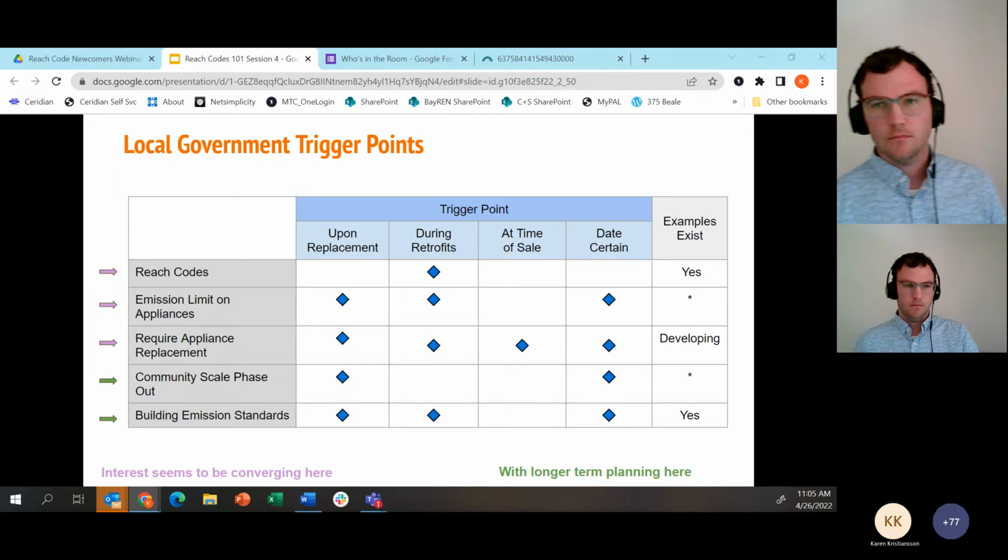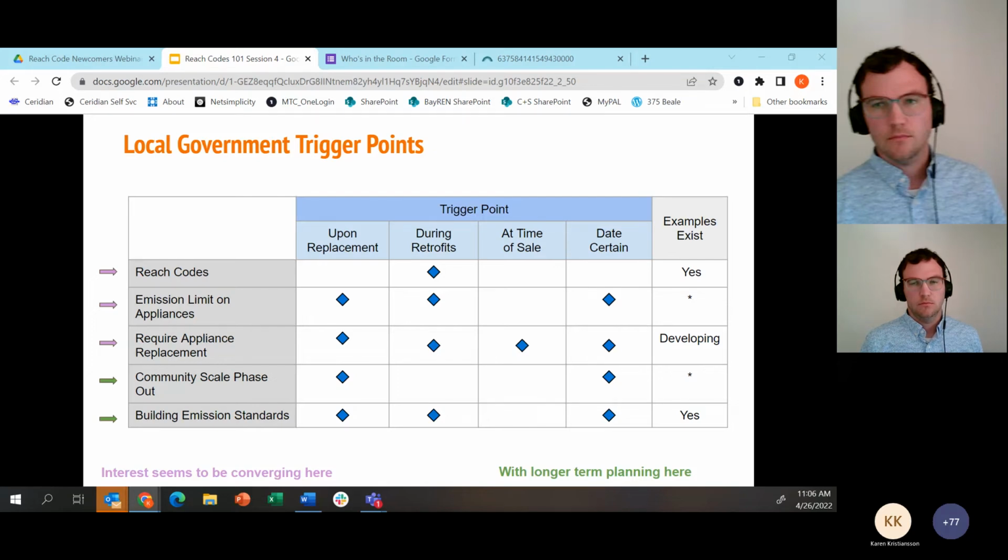So as I said, I think the jury is still out as to what will rise to be the most popular of these approaches, and frankly I suspect that a combination is what we will see forthcoming in this code cycle. There are active examples of both the REACH codes, as we've discussed, and building emission standards, which are increasingly popular both in California and elsewhere. So this is not new, but again, it starts with tracking where buildings are and then tracking them over the course of time, so it just takes time to implement.